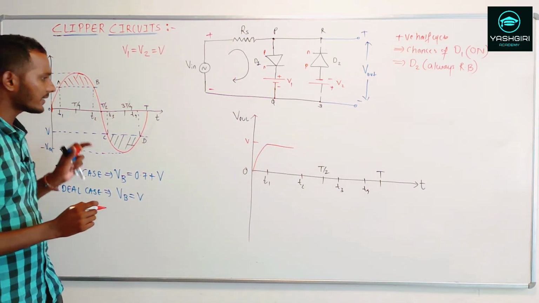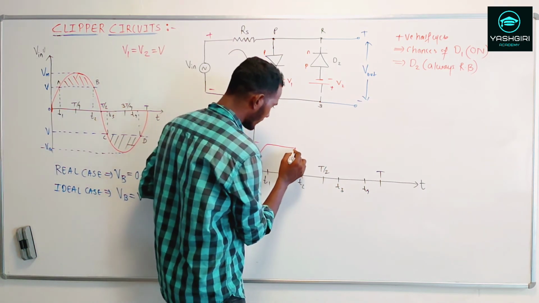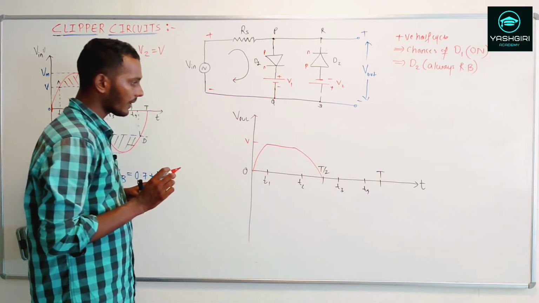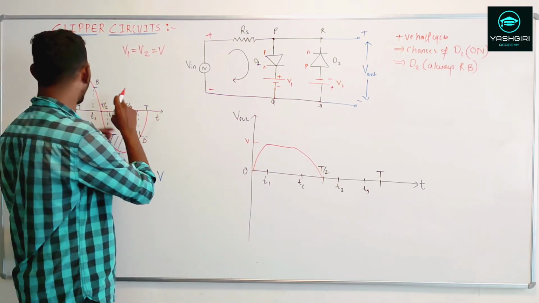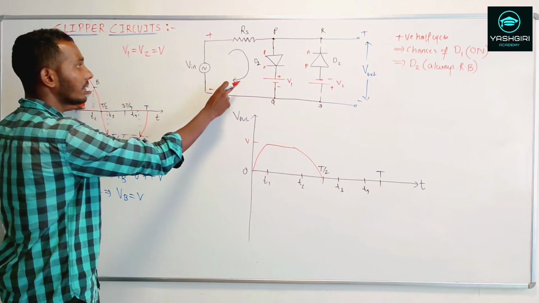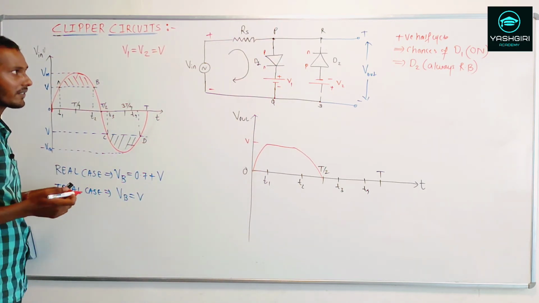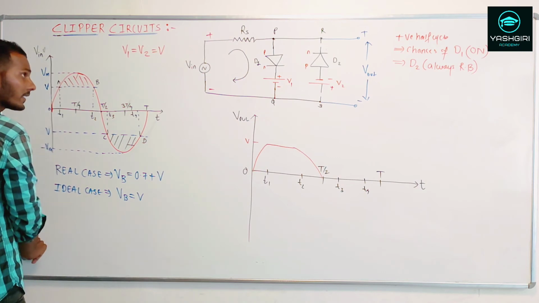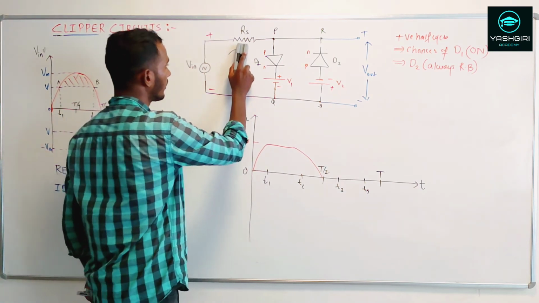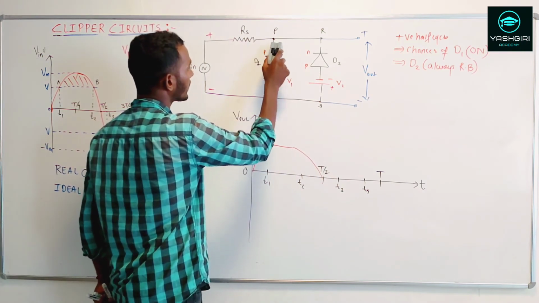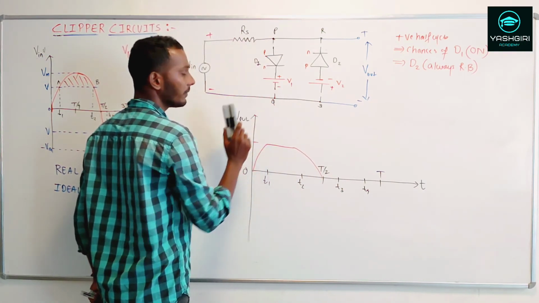Now once again there is a decrease in the input, so you will see a decrease in the input like this, because once again when it crosses this point B, the diode D1 will go into reverse bias mode. Now what about the negative half cycle? Here we have seen the diode D1, for this region T2 up till T by 2, will act like an open switch. So the output follows the input.